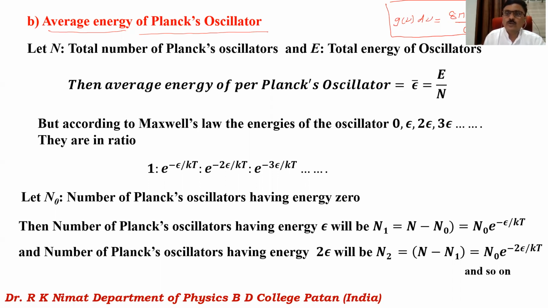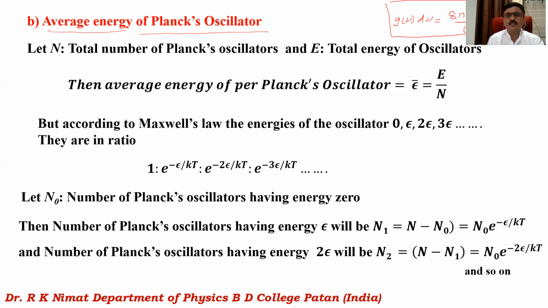Now we have already introduced Planck's hypothesis, that according to Planck's hypothesis, the black body radiation consists of a large number of harmonic oscillators, and each harmonic oscillator has its frequency, and the energy of such harmonic oscillators is in multiple units of a quantum. That means it is a multiple of n into h nu. That is Planck's hypothesis. And based on that hypothesis, now we are going to calculate the average energy of the Planck oscillator.